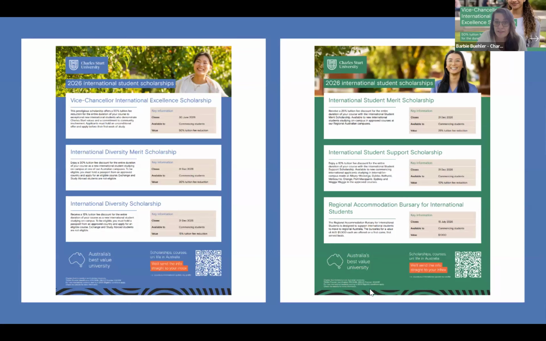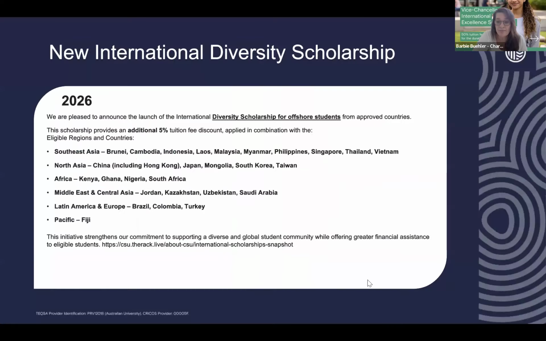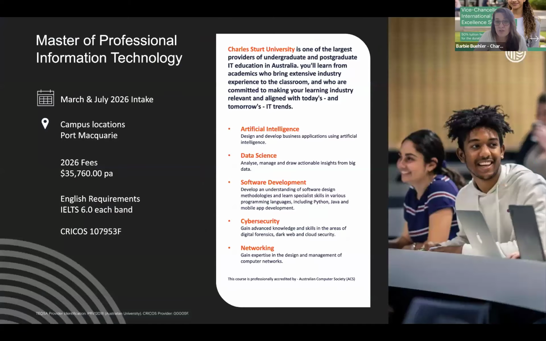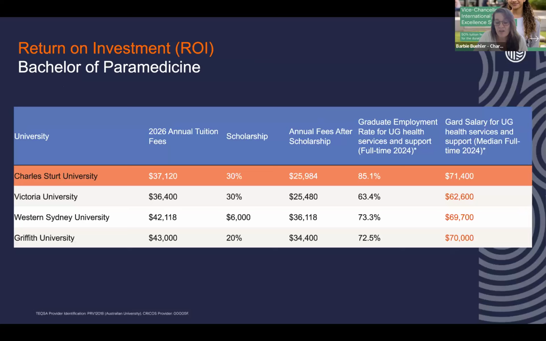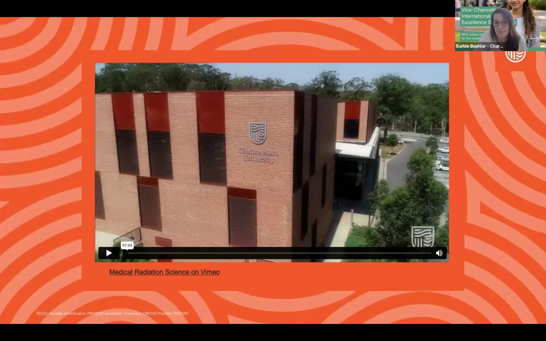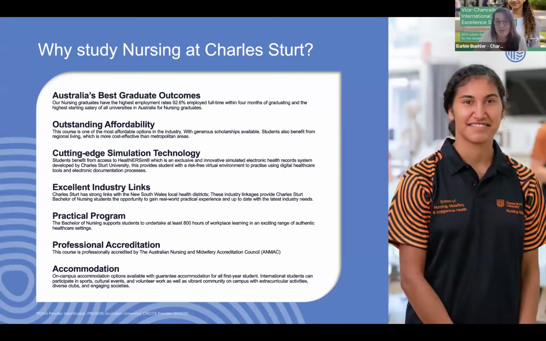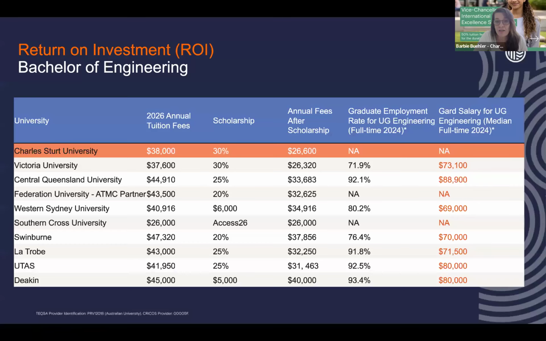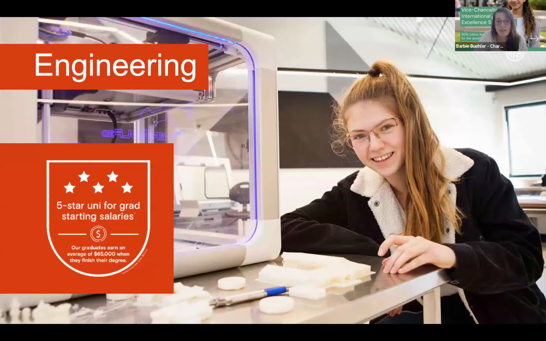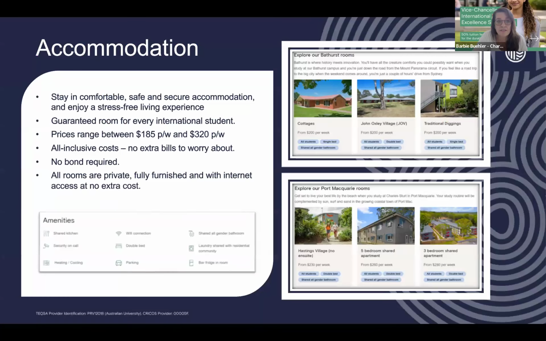For the facilities, on each campus we have a wide range of facilities. We have a lot of open spaces. We have a lot of areas for students. And in the accommodation, there are a lot of activities as well for students. They organize barbecues, they organize games, they organize a lot of interaction where students can get to know other students in their area. Let me just go back to the accommodation so you can see here the facilities are listed.